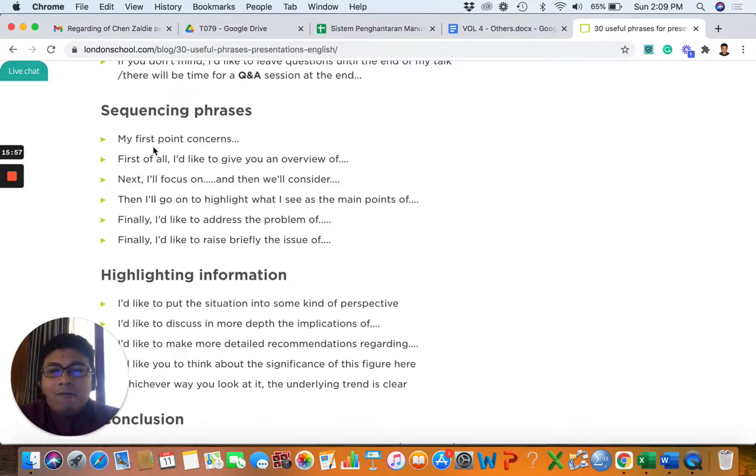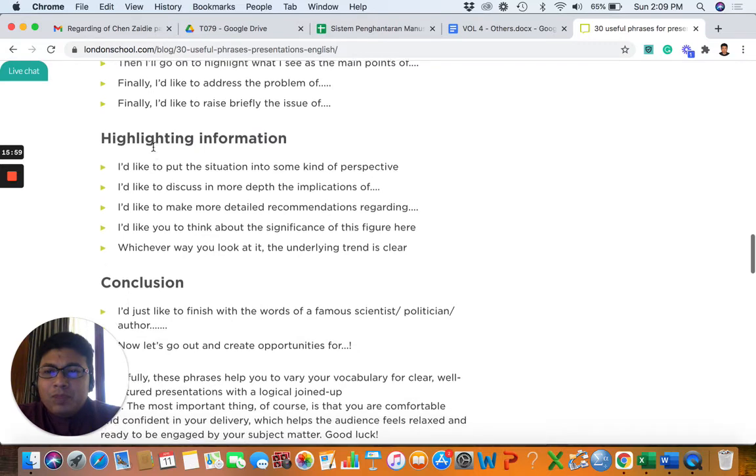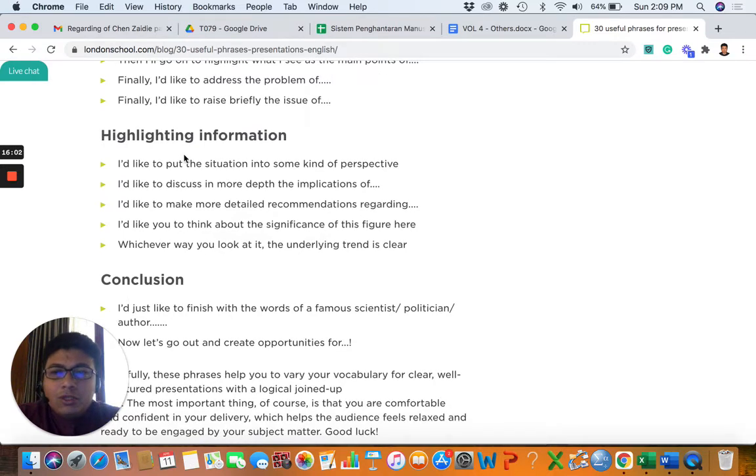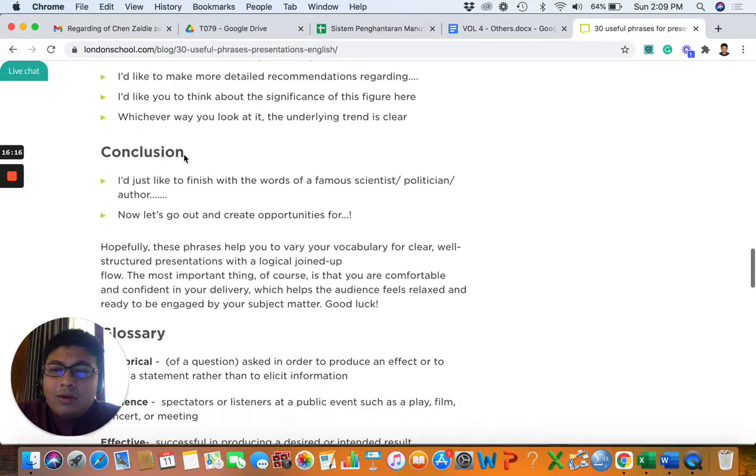Next, then finally, and then highlighting information. I like to put the situation into some kind of perspective. I like to discuss in more depth the implications of using this product, hand sanitizer or facial cream or cosmetic products or whatever. And then in the conclusion paragraph,